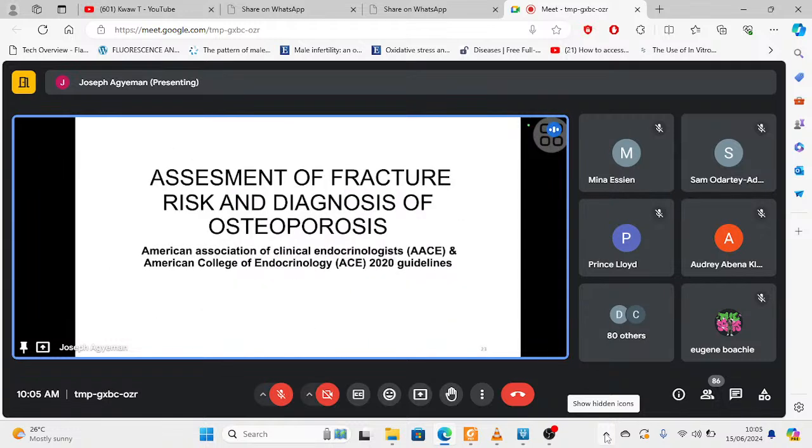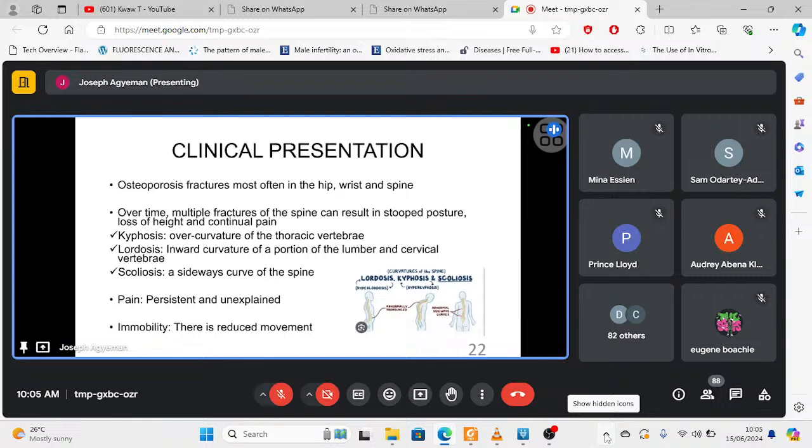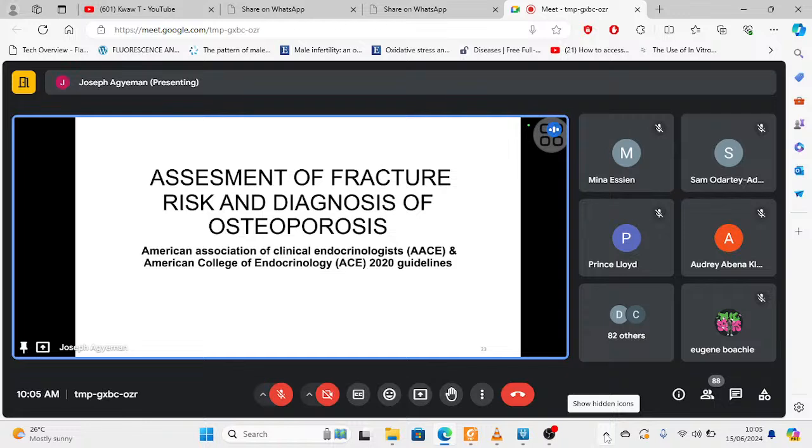But how do you do proper assessment and proper diagnosis? These are just presenting signs and symptoms: the pain and the reduction in height because of either kyphosis, scoliosis, or lordosis. But how do you objectively analyze and diagnose